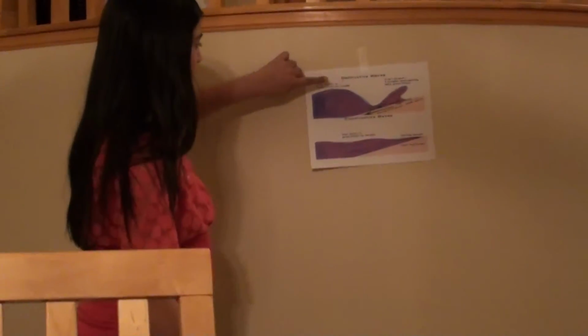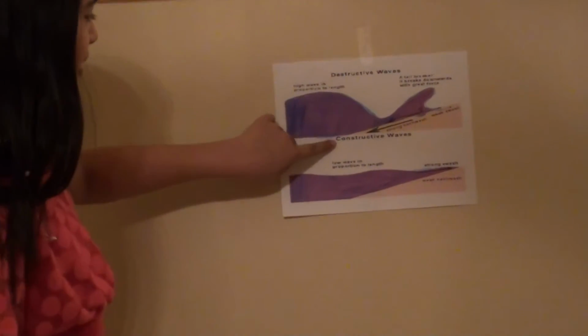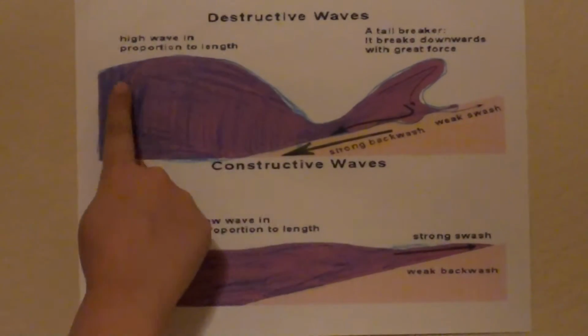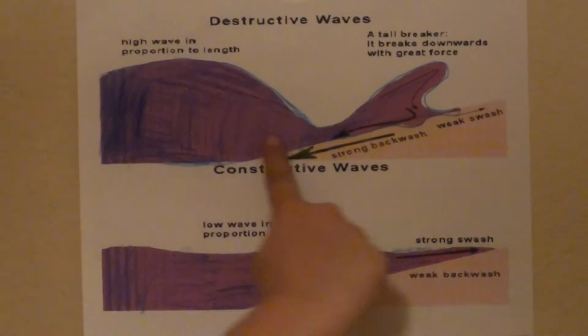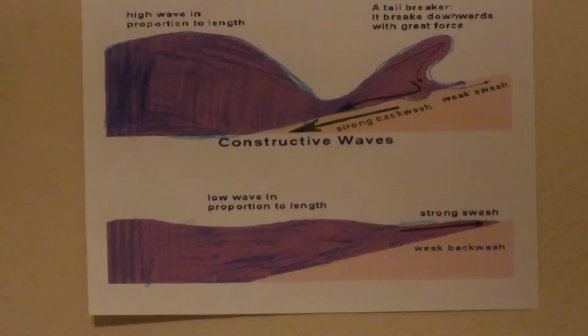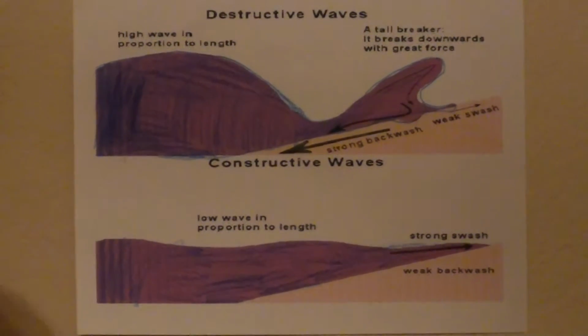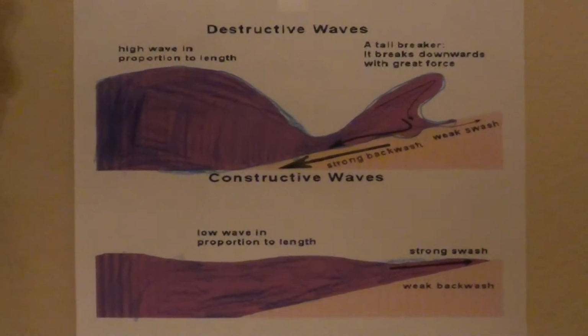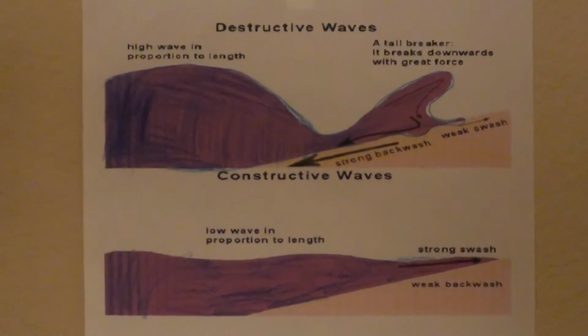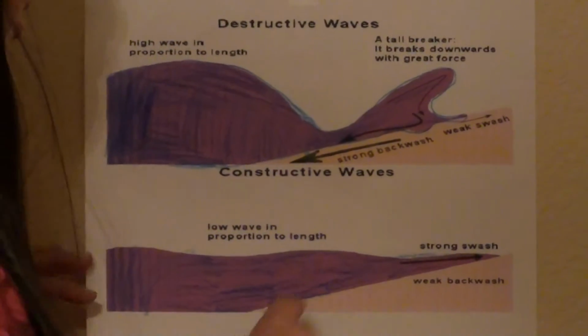In this diagram, we can see two types of wave, which are destructive waves and constructive waves. In a destructive wave, this wave is very high in proportion to the length, and it has a breaking wave, which is the end of a wave because it's always going through the ocean, and at the end, it has to end somewhere, and it comes down onto the ocean with a great force, and that's what causes impact,